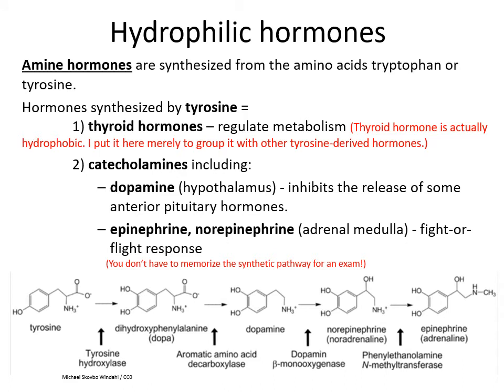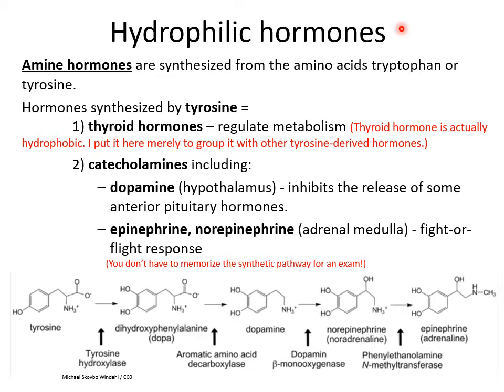Now let's start talking about the types of hormones. There are two main types of hormones. They can be categorized as hydrophilic, which means water-loving. These are hormones that are able to dissolve in blood and water and extracellular fluids. And then there are hydrophobic hormones. Hydrophobic hormones are unable to directly dissolve in plasma without the help of proteins or something else to keep them in solution.